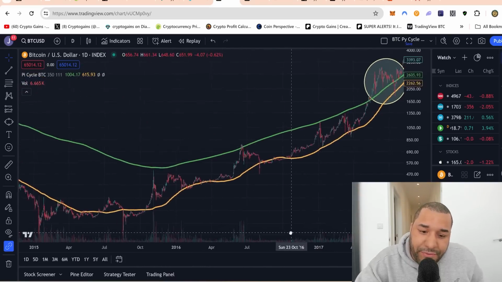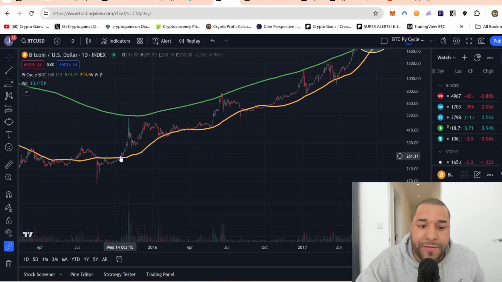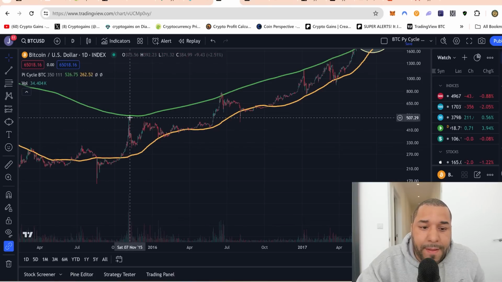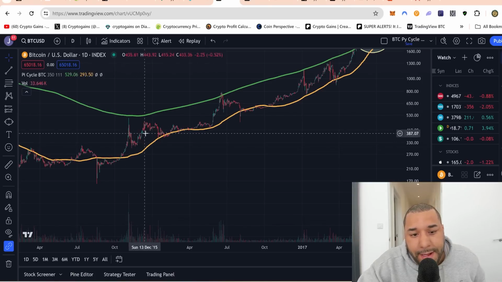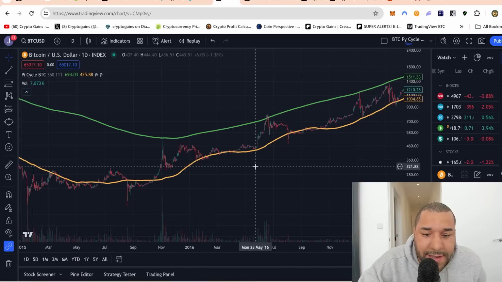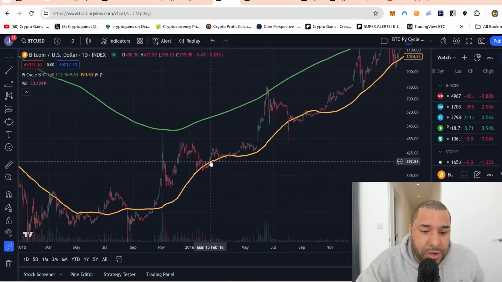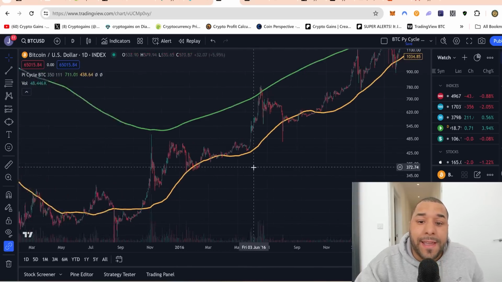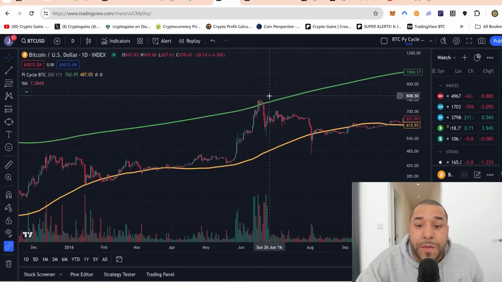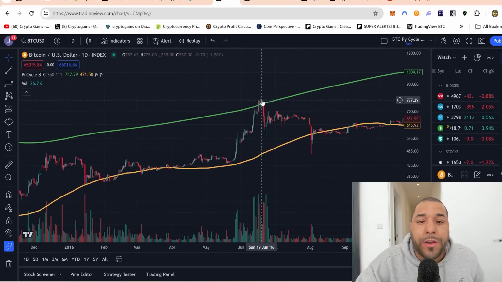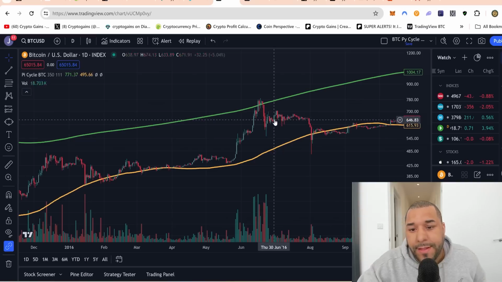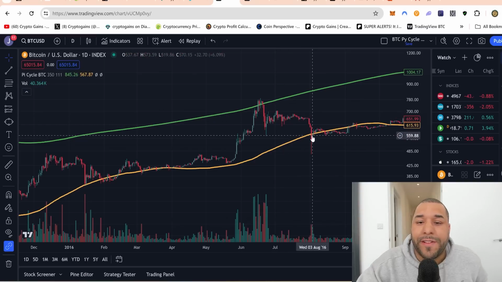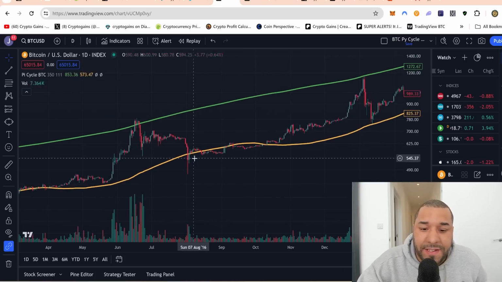However, this price action usually tends to bounce between the orange and the green line. So prices go up, get close to the green line, fall back down. See, and then it holds relative support around this orangey line, and then price goes up. In this case, it kissed it, and actually take a look at this. We actually saw a few candles above, but it couldn't hold support. What happened? And then it eventually fell down to this orange line, and then it held relative support around this orange